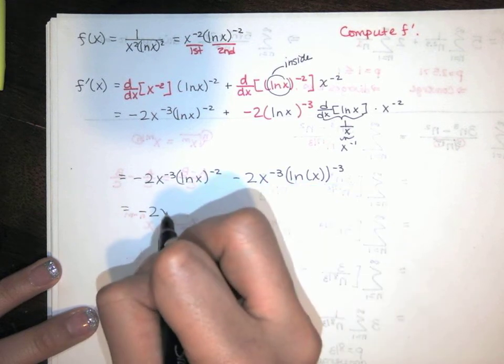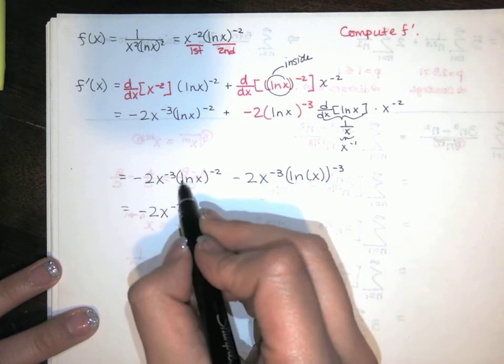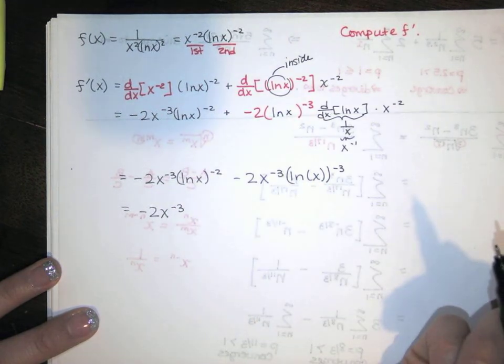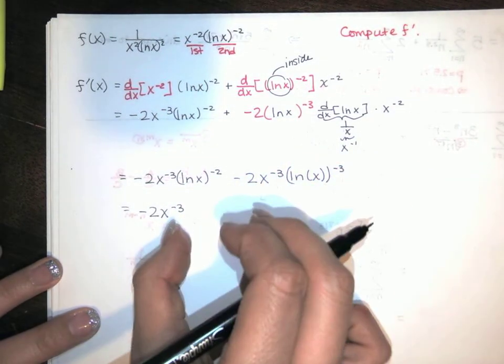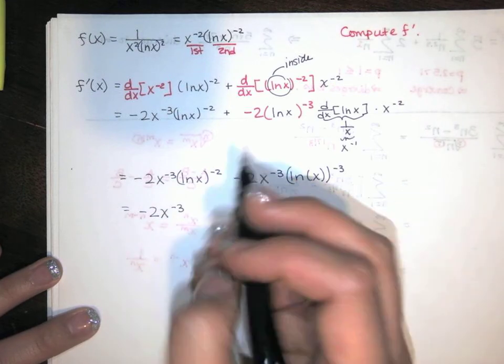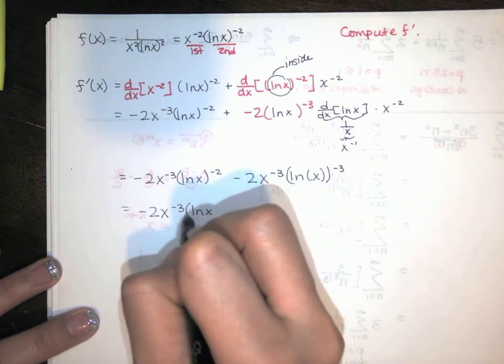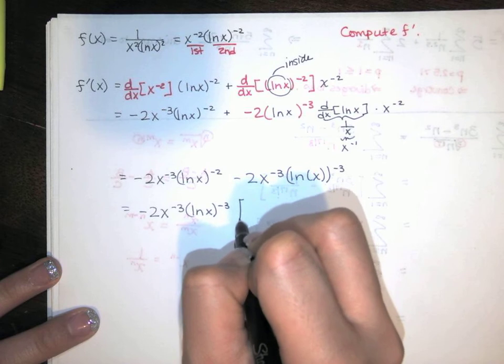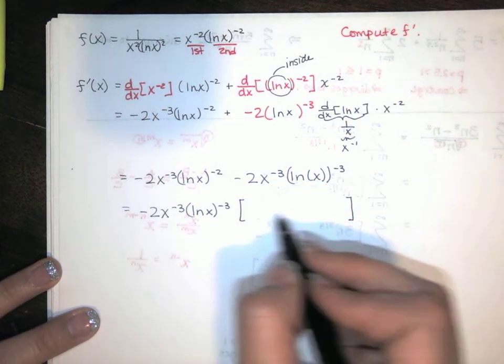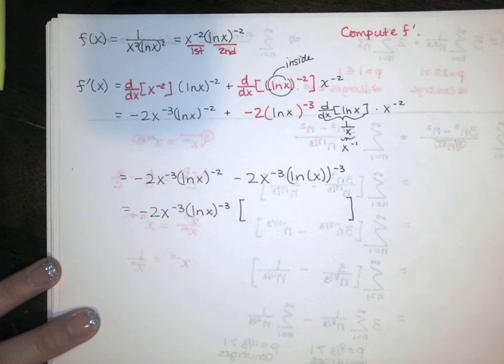They have the x to the negative 3 in common. And I've got x to the negative 2 and an x to the negative 3. You could factor out x to the negative 3 or x to the negative 2, either one. I'm going to factor out the natural log of x to the negative 3,